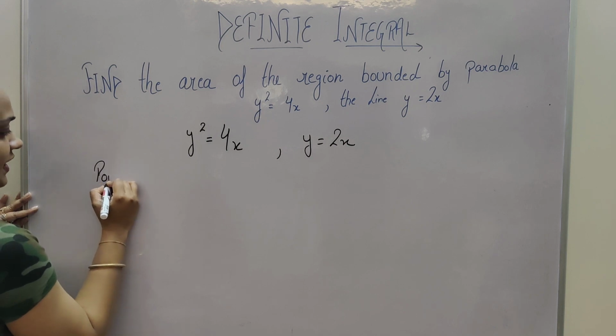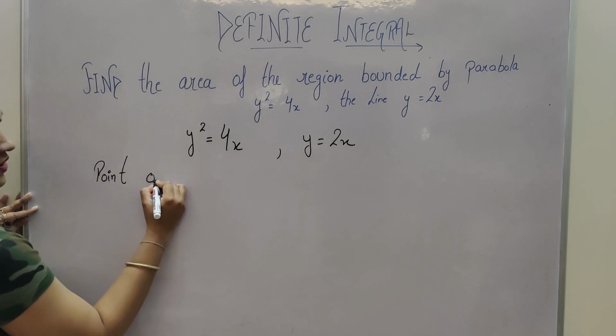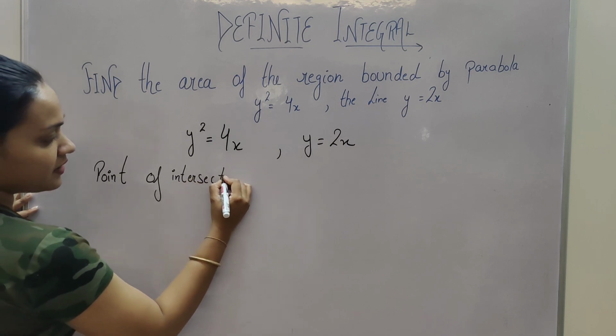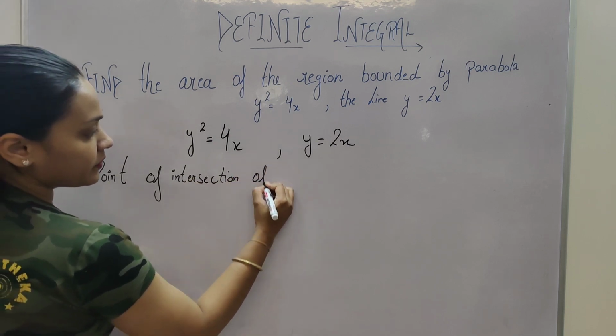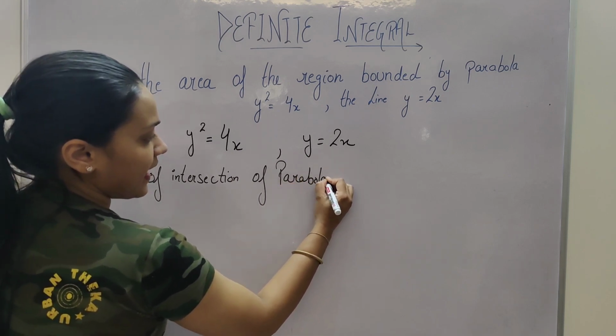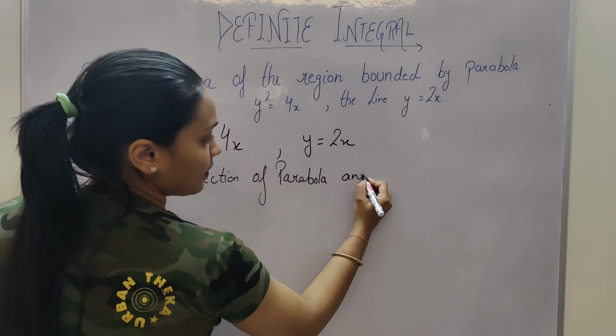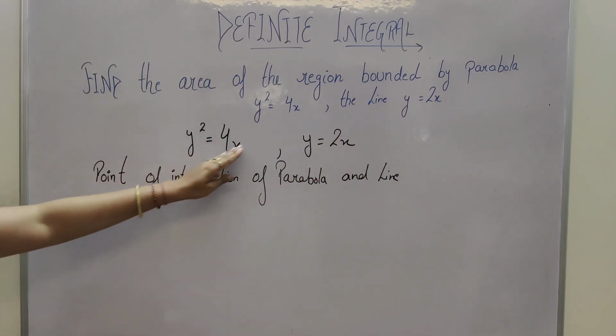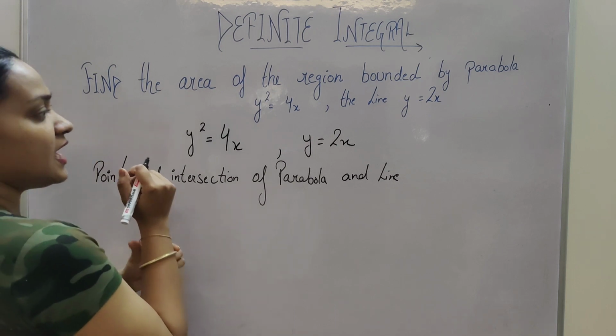जब क्वेश्चन इस फॉर्म में होता है स्टूडेंट, तो सबसे पहले आपको क्या निकालना होता है, पॉइंट ऑफ इंटरसेक्शन ऑफ पैराबोला एंड लाइन। तो स्टूडेंट सबसे पहले आपको निकालना है पॉइंट ऑफ इंटरसेक्शन।